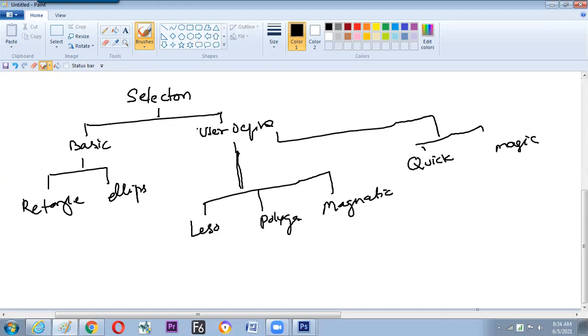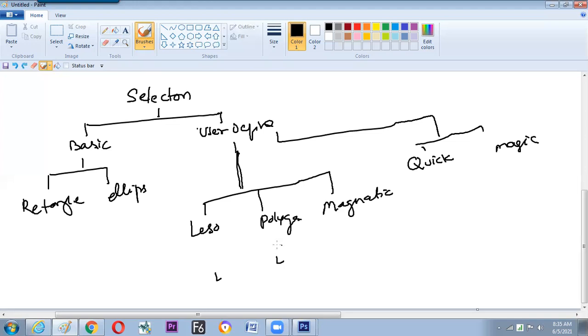So hope we have understood 1, 2, 3, 4, 5, 6, 7 methods of doing selection. It is required, that's why they have given them. What is the hotkey? L for lasso. And yes, we forgot one thing to write: polygon is for what? Polygon lasso. Polygon marquee tool, right?